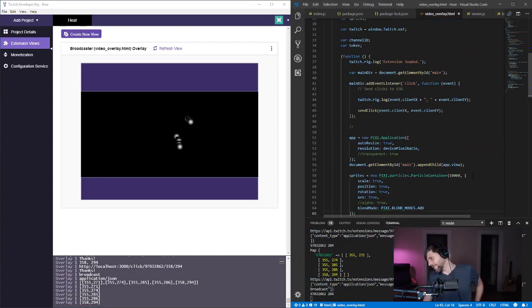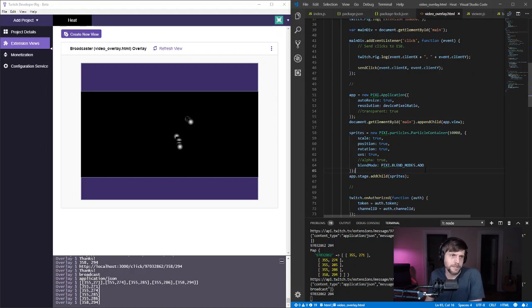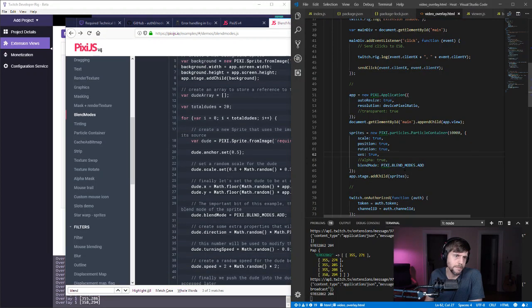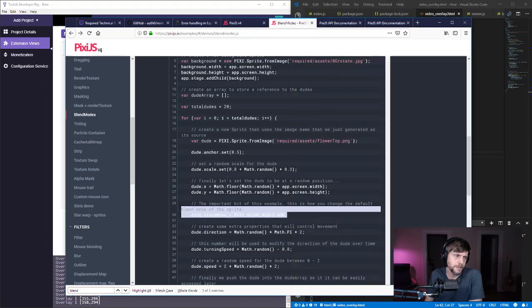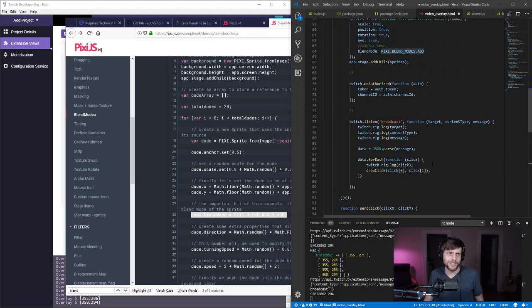We're doing really good with these annoying brick walls. I guess this is what I get when I experiment with new things that I've never tried before. Pixi blend mode add. Did I make that up? Pixi blend modes add. That's what the dude is set to down here. What are you doing, dude? Verbatim. And then just in case, it's also in the